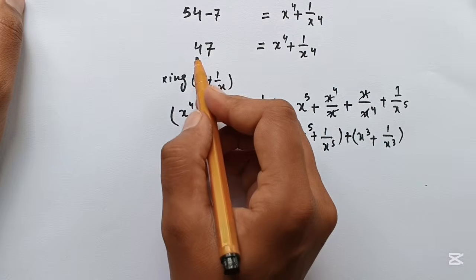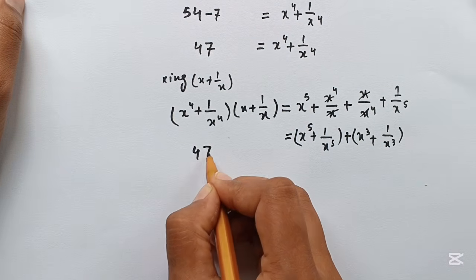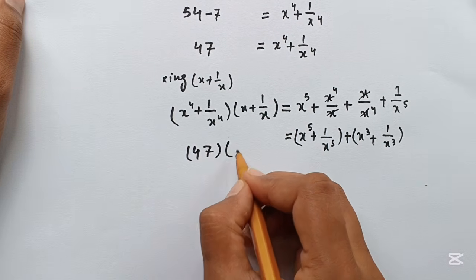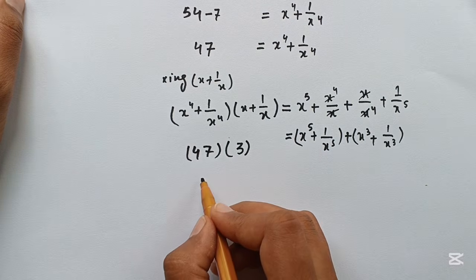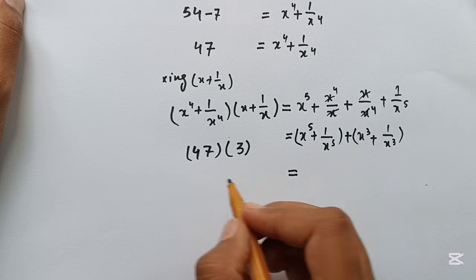So now putting these two values, x power 4 plus 1 over x power 4 value is 47, x plus 1 over x value is 3. Now 47 times 3 is